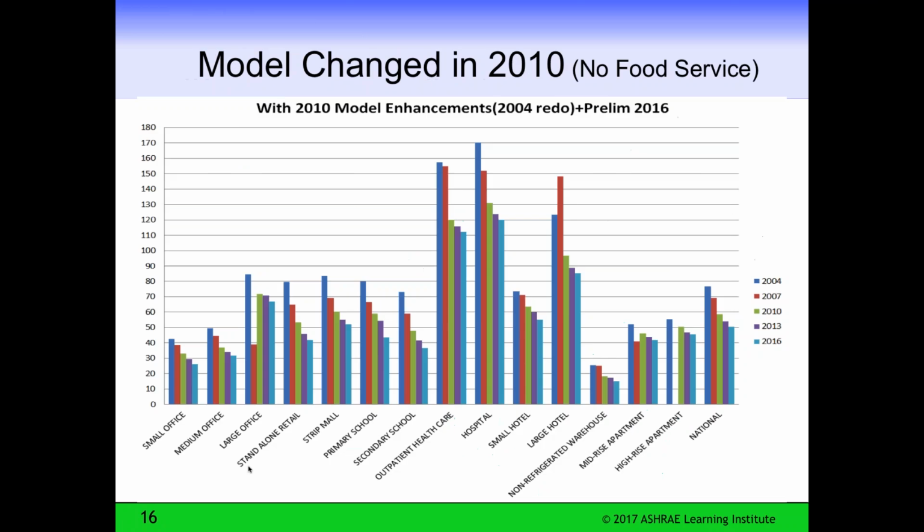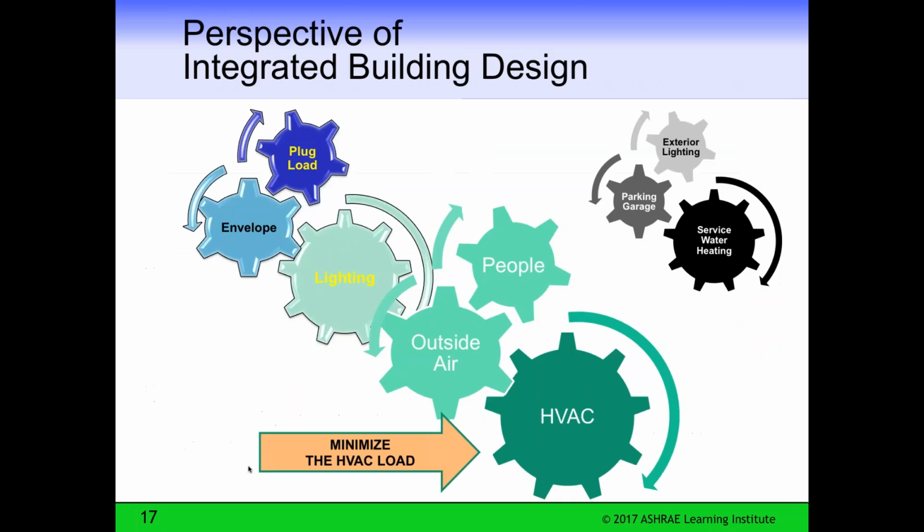Now we're shifting gears. So we have just completed discussion of the impacts of Standard 90 over time, both in the building stock and on typical buildings as defined in EnergyPlus, a simulation program. These EnergyPlus files are available online. You can download all of them, and if you run EnergyPlus in your office, you can use these models for various purposes. And we've done some of this over time.